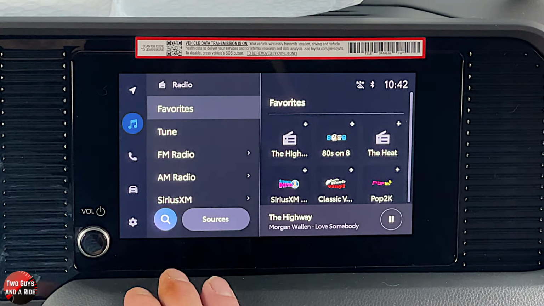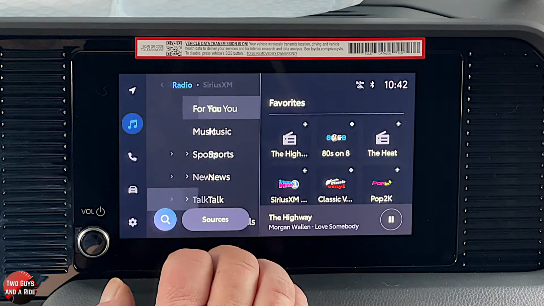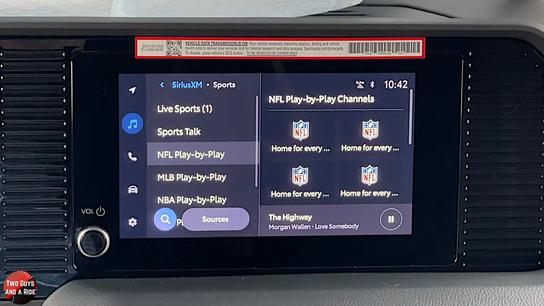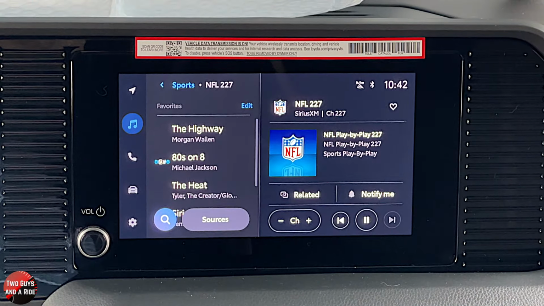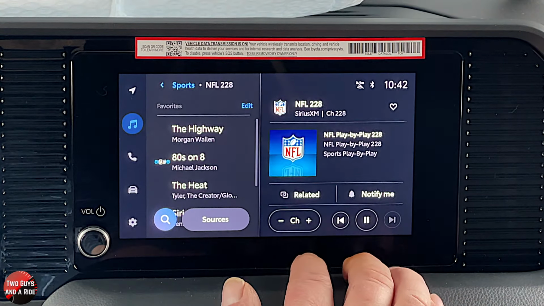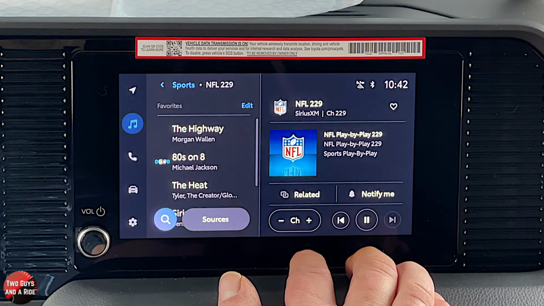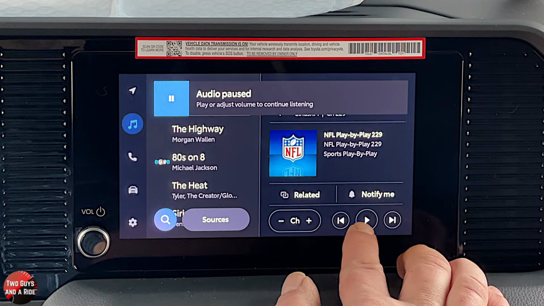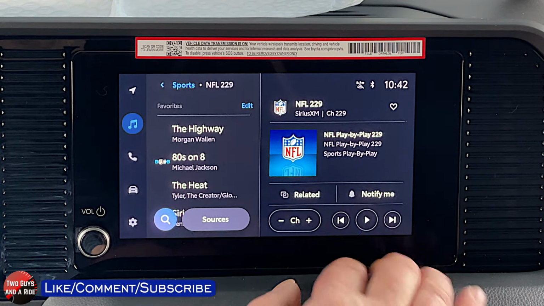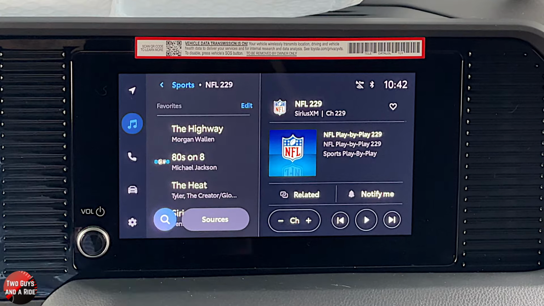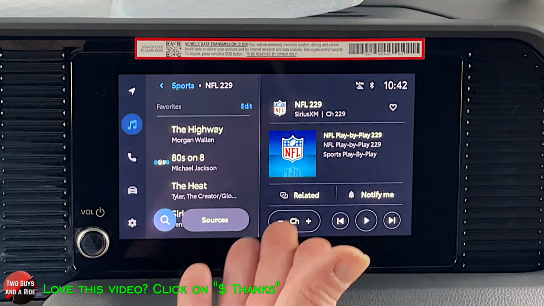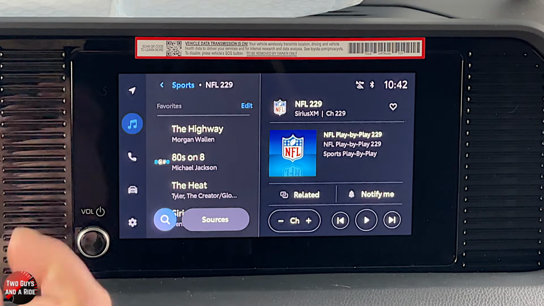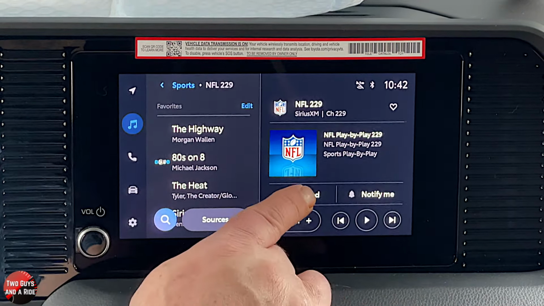Okay, let's talk about some other ways to tune. So we were in Sirius XM. You can go by categories if you want, and then select the one that you want, you can hit the channel button right here. Of course, with Sirius XM, you get a couple of other things because sometimes they're live. You can fast forward, go back, and hit play or pause. You can also ask it to notify you if a certain song comes on or certain team or whatever. You can set that all up, but you have to be logged and signed in to do that. Okay, so that's how you're going to tune in